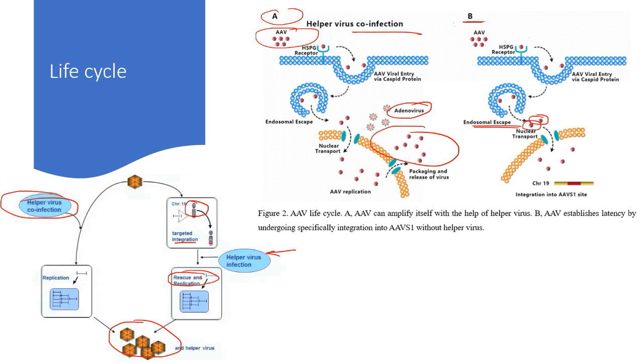So in those cases, if there is no co-infection, this adeno-associated virus moves inside the nucleus, and there it dissociates, its genetic material is released, and it is integrated into chromosome number 19 of the human genome, and it remains as it is for a later stage, in wait for adenovirus or herpes simplex virus to co-infect the cell. Otherwise, this adeno-associated virus itself is not capable of causing any disease. It does not cause any disease, and also it does not elicit an immune response. So this is an overview of the life cycle of adeno-associated virus.